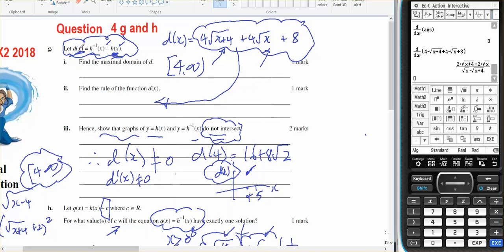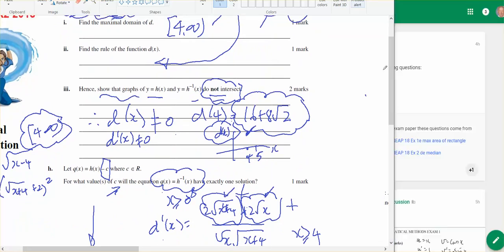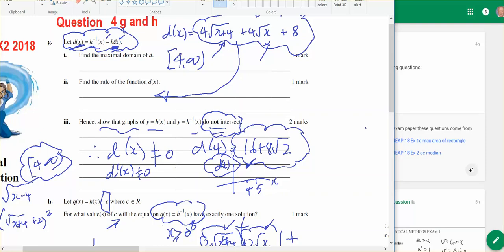I know that the lowest value that it will be is this. Therefore, at the moment, the closest that these two get to each other is this value here,